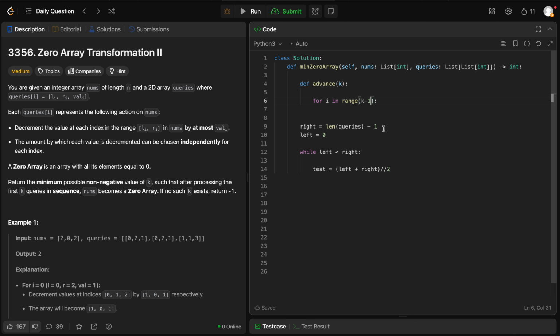It can be 0. Yeah, let's do it like this, and k will be test plus 1 always. So k minus 1. I'll see more about this one. So I have